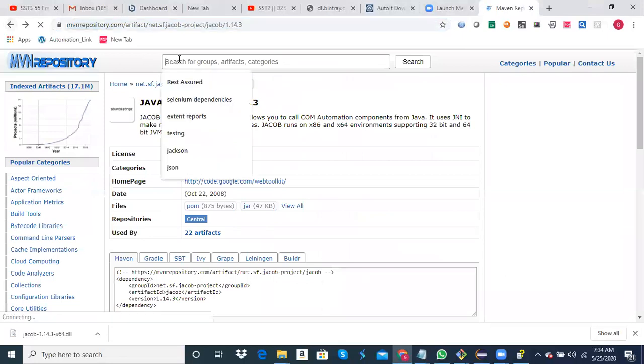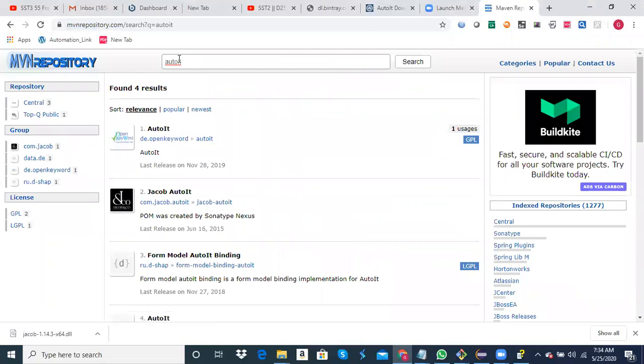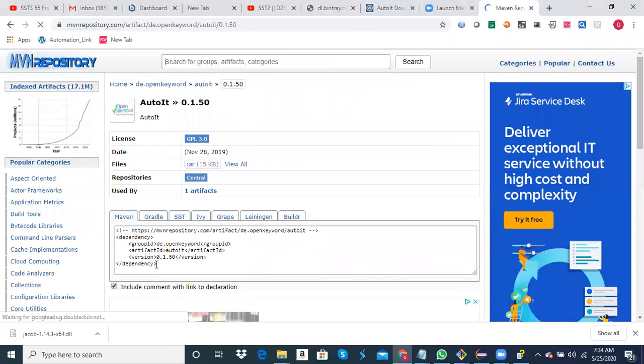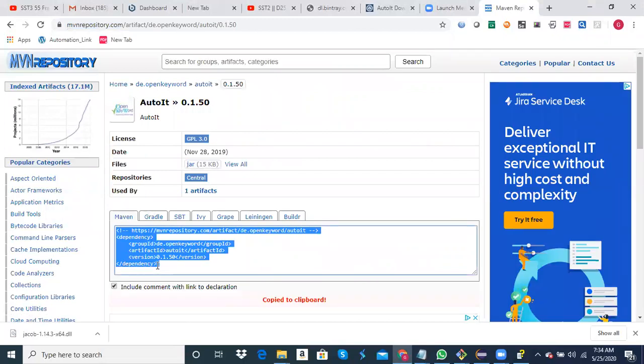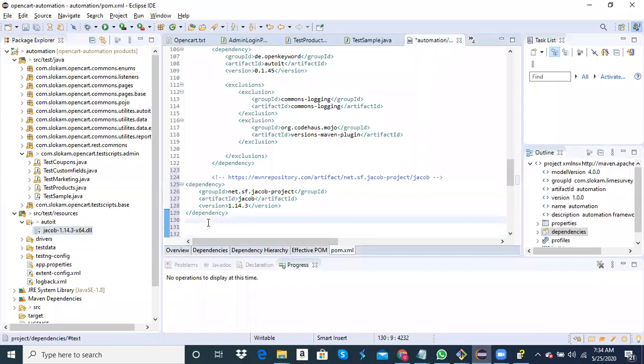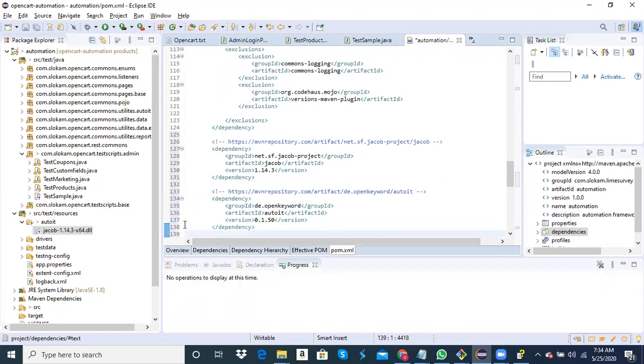Another jar or dependency that we need to use is AutoIT. There are multiple versions of AutoIT, but the latest one is the one to use. You can choose the latest version, and format with Control Shift F so that it will automatically format, and the things will download automatically once you save them.